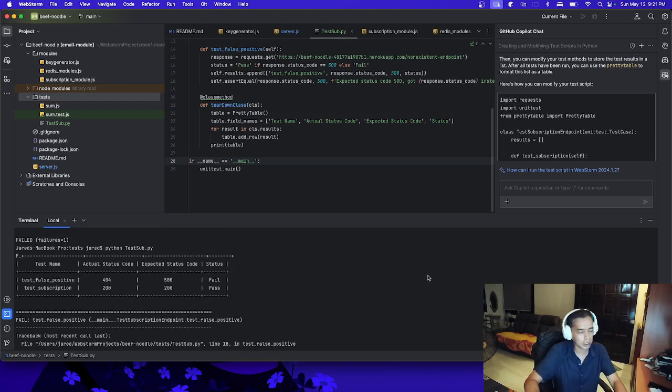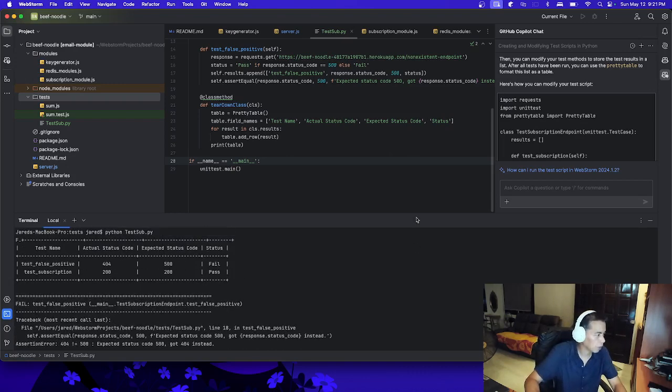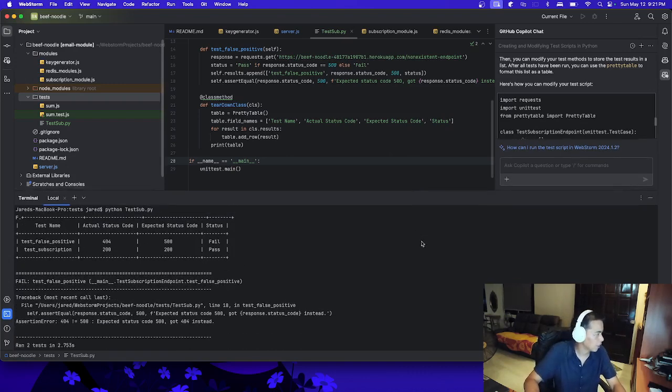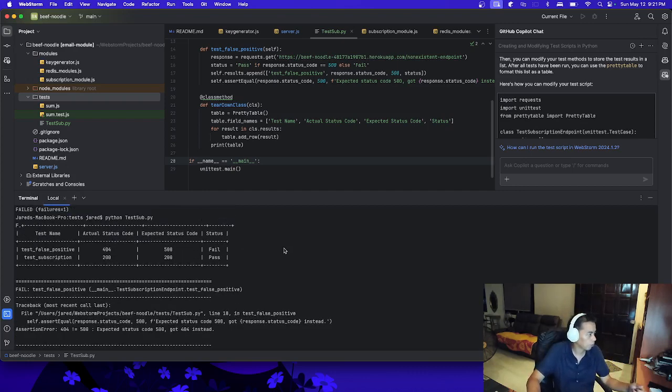No, okay, I saved it, but the output is too long. So here you can see we now have a table of our test results. So we have actual status code is 404, expected is 500.